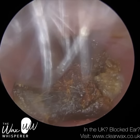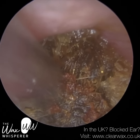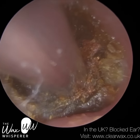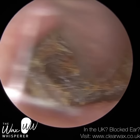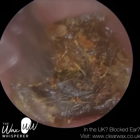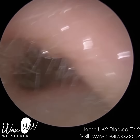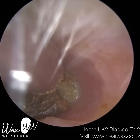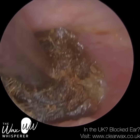And when sodium bicarbonate drops enter the ear, they react with certain acids contained within the skin plug. I forgot the exact name of the acid, but it's kind of a carboxylic group of acid, and it's an acid that's secreted by the sebaceous glands. So it's an acid that we have in our ear. It forms part of earwax, and as the sodium bicarbonate reacts with that acid, it liberates water and carbon dioxide, and during that